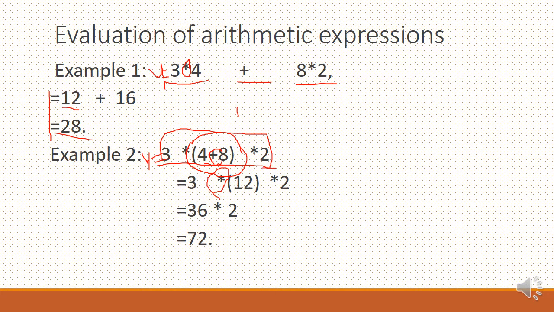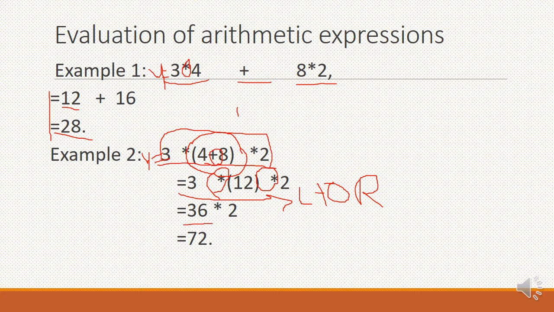You see here 2 stars are there. Which one do you have to do first, 12 into 2 or 3 into 12? That is called the associativity. What is the associativity of this asterisk sign? This is from left to right. From this to this you have to go. That is left to right. Correct? That is why I am doing 12 into 3 is equal to 36, into 2 as it